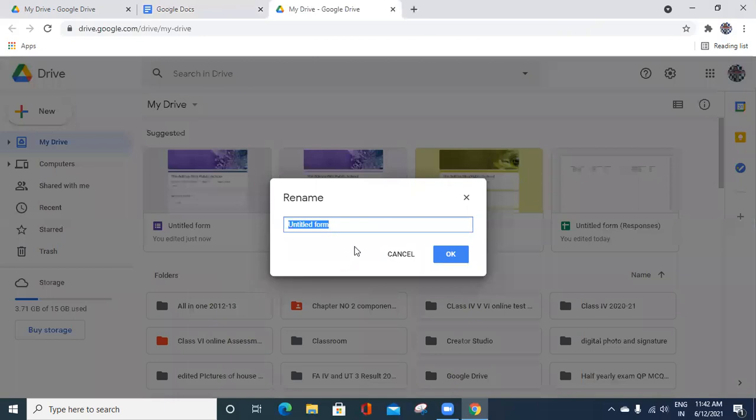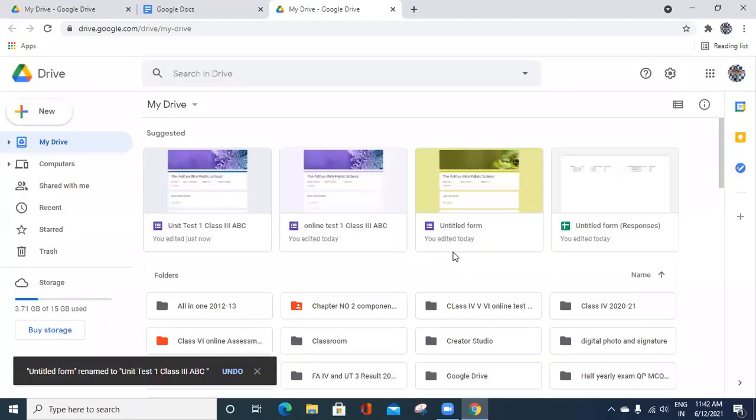You can rename it. You can write unit test 1 class 3rd ABC. Okay. So click it. So unit test 1 class 3rd ABC.